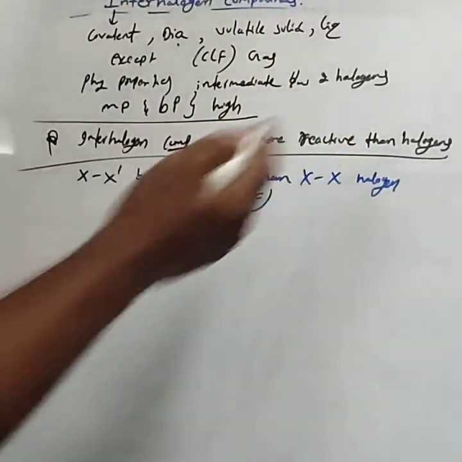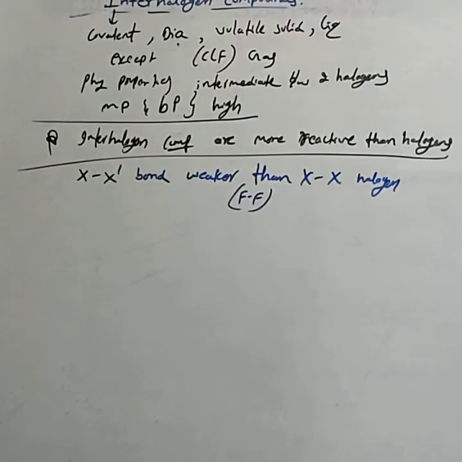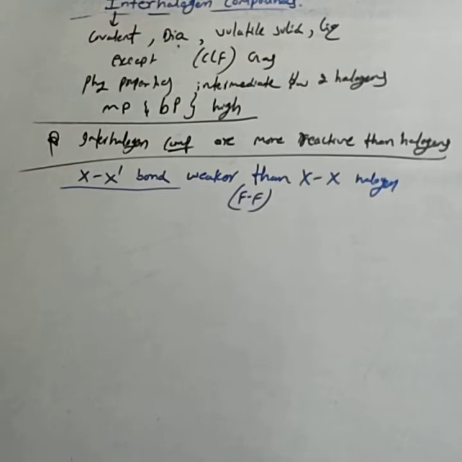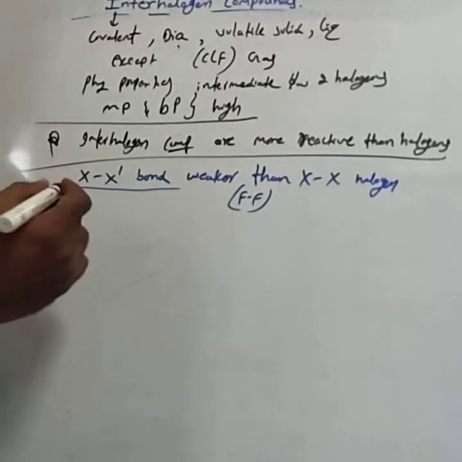Interhalogen compounds are more reactive than the halogens because the X-X' bond in interhalogens is weaker than the X-X bond in halogens. This is about the reactivity. They can ask for 1 mark. Instead of this one, they can consider why